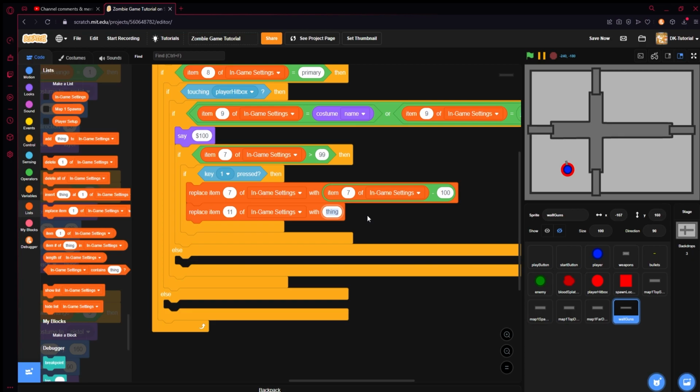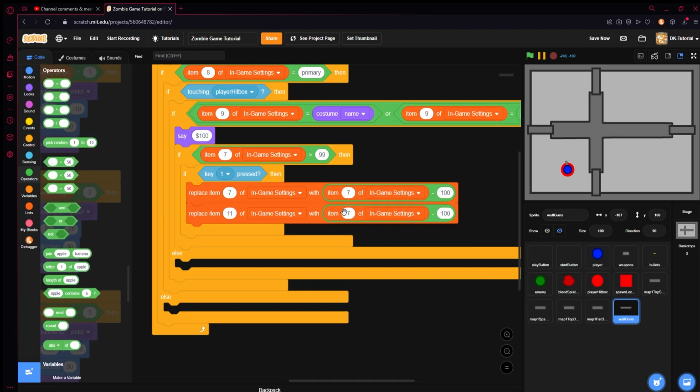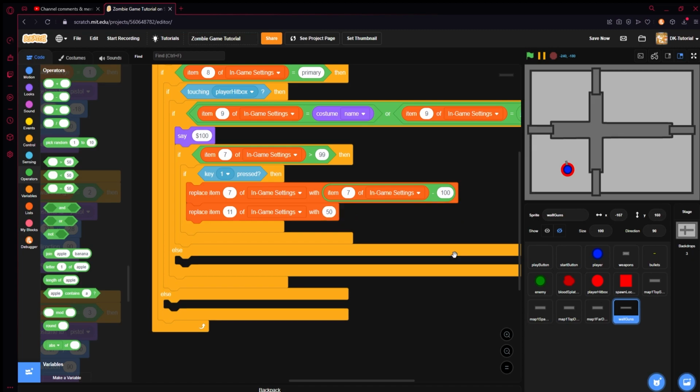So let's say I want the pistol's max ammo to be 50. So it will instantly set your ammo to 50 when you buy more ammo. If you would want to make it so that it just progressively goes up and you don't have a max, all you need to do is duplicate what you have here. Make sure you set this number to 11 in-game settings and set this to a plus, and then however much ammo you want to buy. However, I'm not going to do that. I'm going to just do this because I like it more. So, now